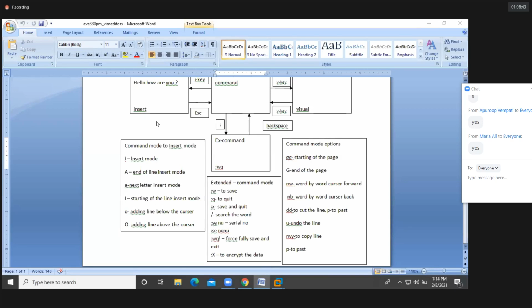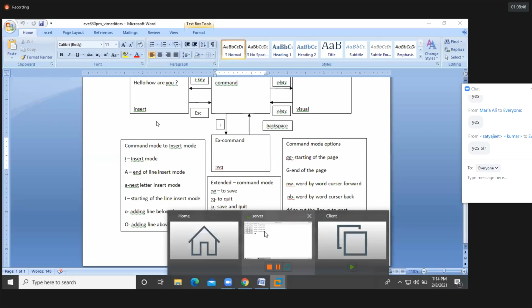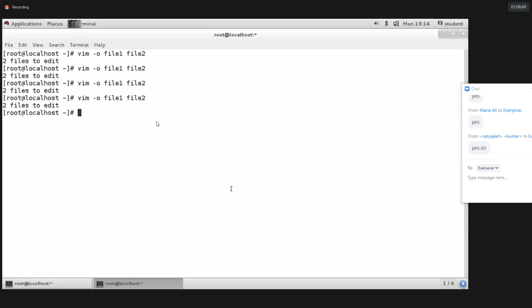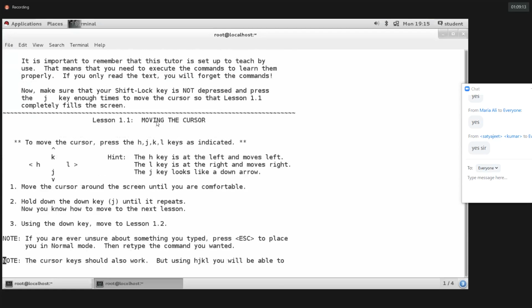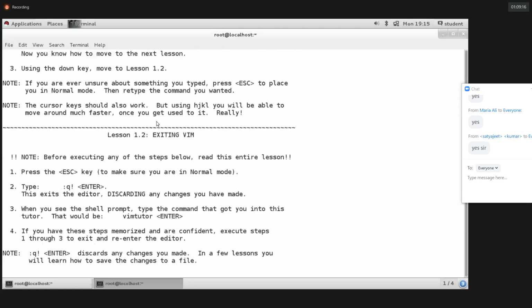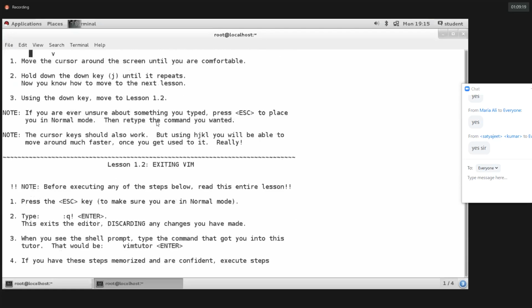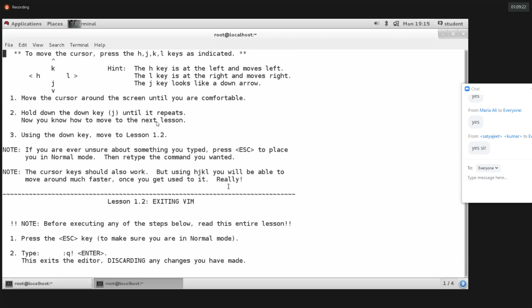Yeah, okay. So let's see, guys. If you want much more detail about this editor, we have one command called vimtutor. Execute this command, and here, welcome to Vim Tutor version 1.7. We have a few lessons here, and everything we discussed till now is in that tutorial, including how to edit files.